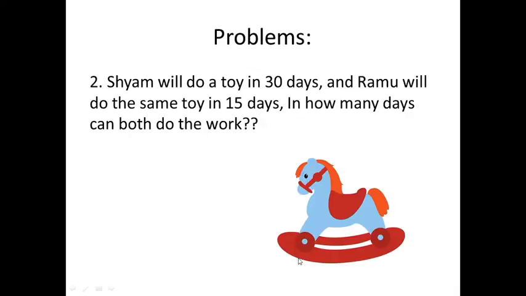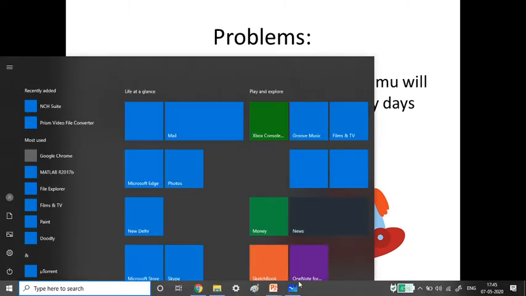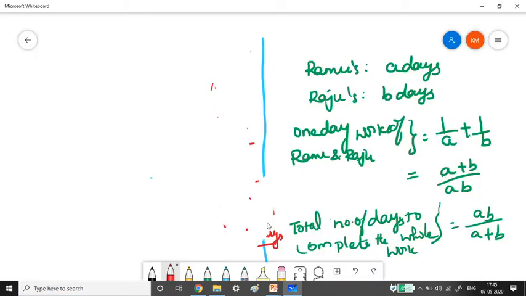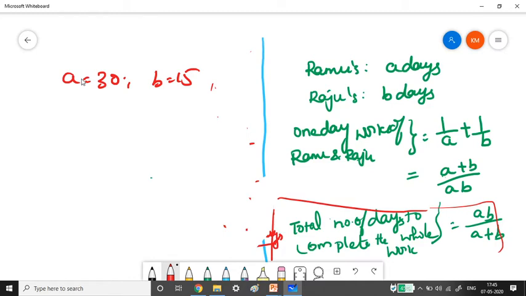Okay, Shyam will do it in 30 days and Ramu will do it in 15 days. Now let us see in how many days they will both take to complete the work. So A is equal to 30, B is equal to 15. This is the formula which we have to apply. So the total work can be completed in